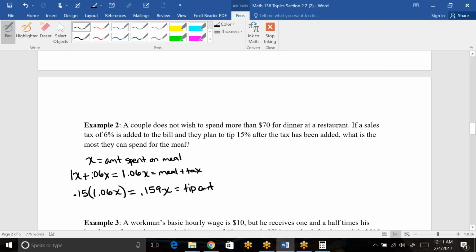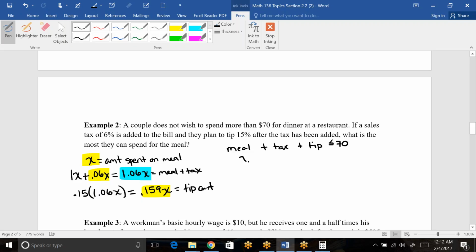Okay, so if you think about it, there's three main pieces here that are going to get added together. The money spent on the meal, the money they spent on the tax, and the tip amount. If you want to simplify your life, you can use the 1.06 because it actually stands for meal plus tax, or you can keep these three things separate. So if you wanted to do it separate, it would be meal plus tax plus tip needs to be no more than $70. So we know that $70 is our max, but if honestly you wanted to make this realistic based on what they've said, because they said no more than, then we really need to say less than or